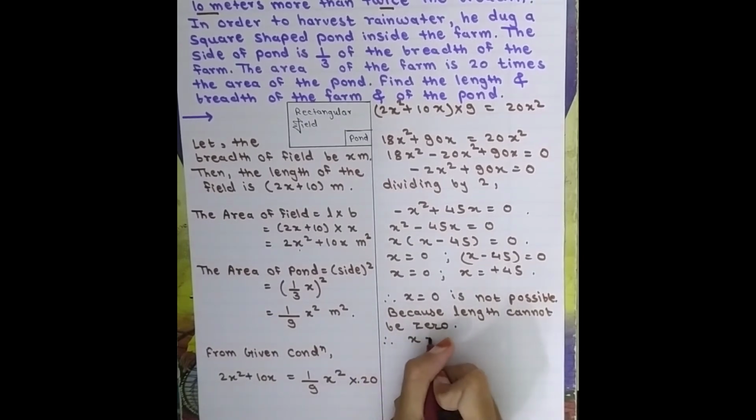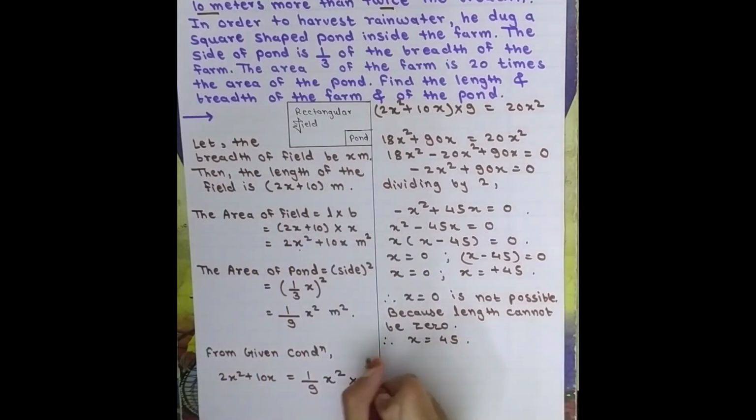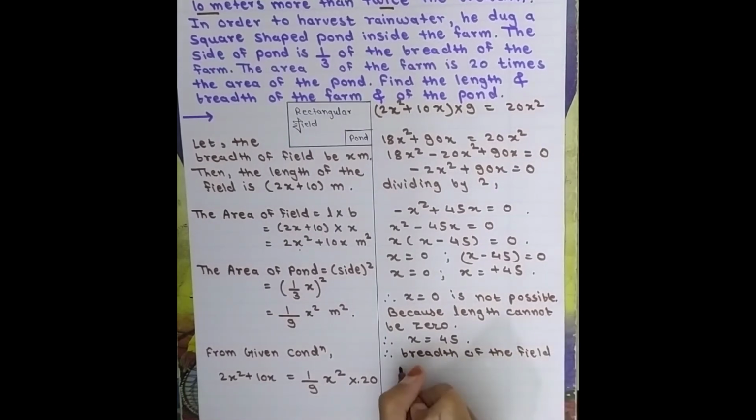Therefore, x is equal to 45. Breadth of the field is 45 meter. Therefore, breadth of the field is 45 meter and length is,